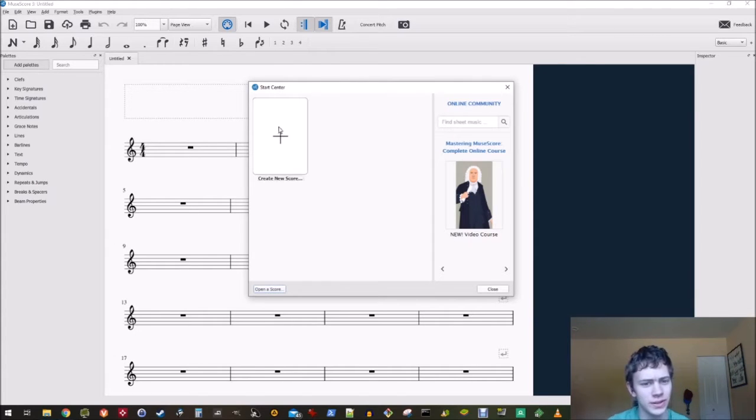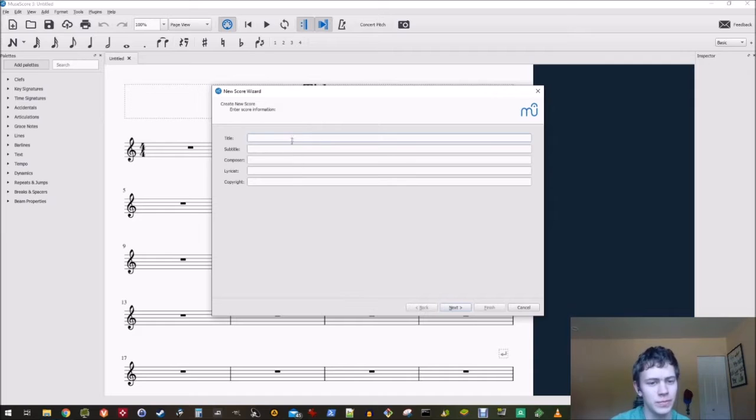So I got this idea because people have been asking me a lot, how do you make your music? And I say, I use MuseScore. So basically, I use MuseScore to make my music, and I'll show you what I do, well, you get the idea. So let's just make a sample song called